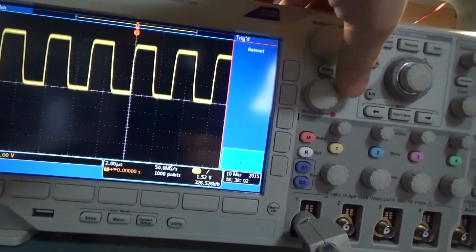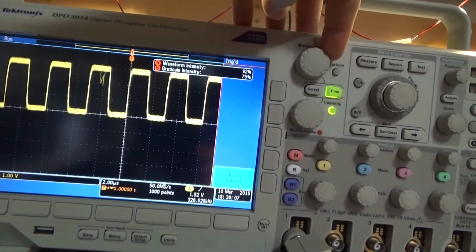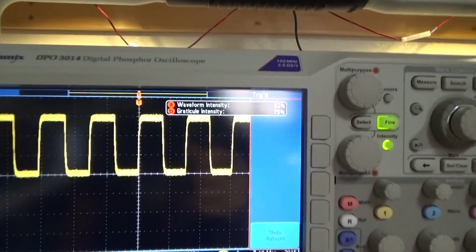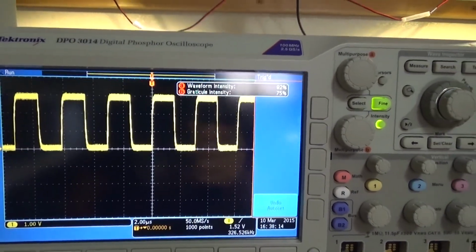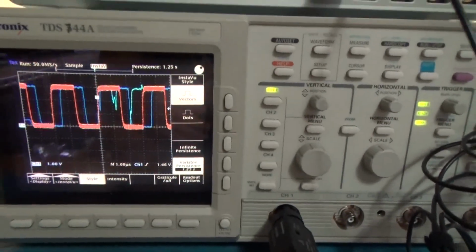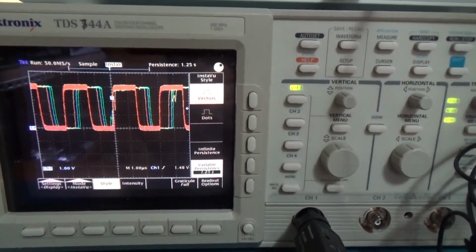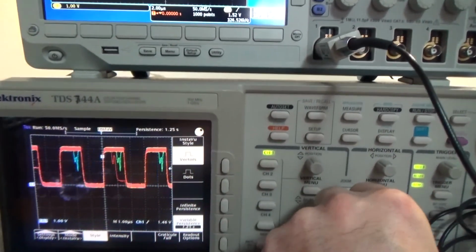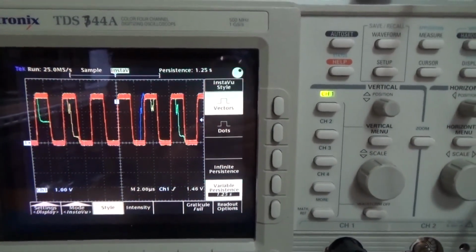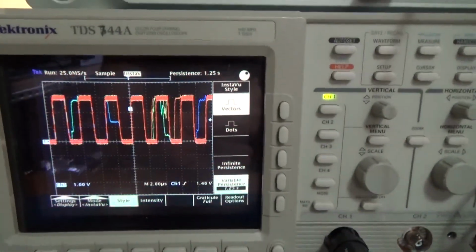and so there's some glitches going on. I can increase the waveform intensity so we can see them a little bit better. But you can see that quite a bit's going on in this particular display. The persistence is a little bit different between the two scopes. Also the scaling's a little different. Let's see if I... So, but I would say that this guy's no slouch compared to this guy, but the main thing I would